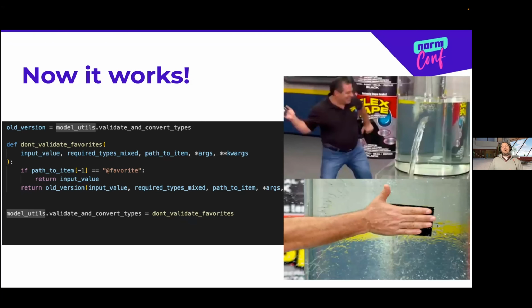Monkey patch it. And it turned out to be as simple as: here's the old version of the method, here's my new version of the method, which has the same arguments, and it returns the old version, except in this case, and it just skips the validation. Is that a great idea? It worked, and it solved my problem. And I knew for sure I was smarter than this validator, that this really was supposed to be Boolean. So it worked out okay. And then I just slapped that in, and ta-da, everything worked great. Other than that, no issues.